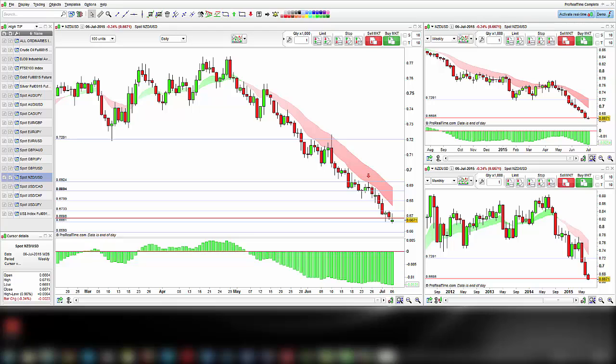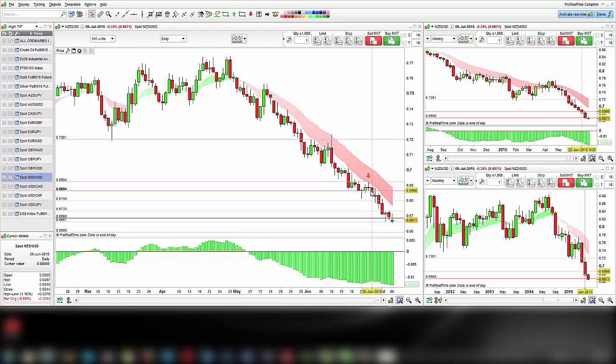So just providing another update on this Kiwi dollar trade. We've now been in the trade for over a week, and we are sitting nicely in profit at the moment. So just to recap, the monthly chart is in a downtrend, the weekly chart is in a downtrend, and the daily chart is in a confirmed downtrend and has been since the beginning of May. Just to recap on the trade details, we identified a potential trade setup to the short side if price broke